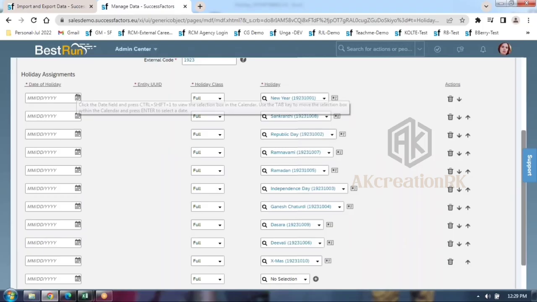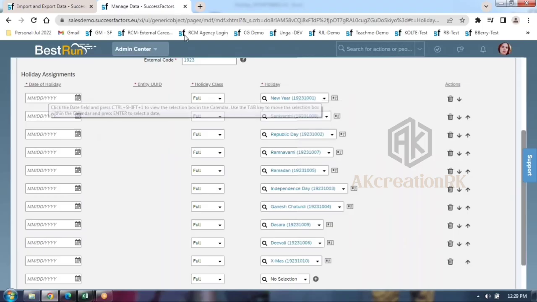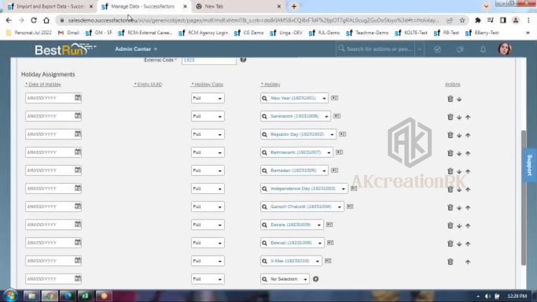Let me go by date of holiday. If they did not provide this date of holiday, as a consultant you have to refer, Google it, and maintain the accurate dates. Still, if you have any query, you can cross-check with your client-side time admin team. You can ask them very clearly: please provide the dates of holidays, we're unable to find them on Google. Maybe they have some gazetted holiday calendar, so they will provide you that.